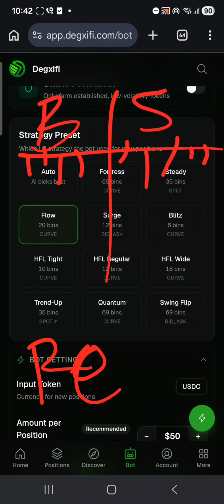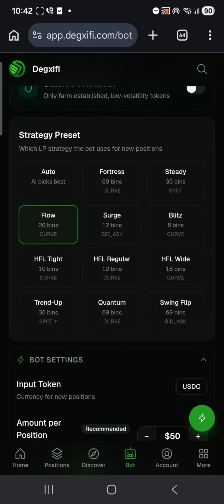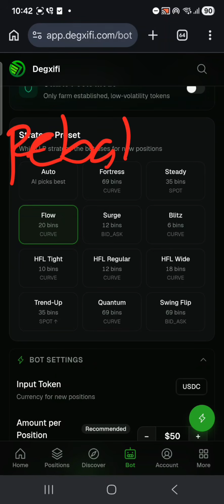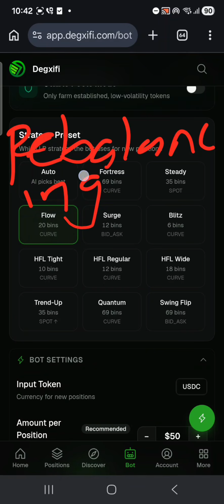Of course, people must go out of range. There is no way, even if you want to provide liquidity inside Orca, Raydium, anywhere, once it's liquidity provision and you are doing it with meme tokens or volatile tokens, there must be out of range. Even if you want to do it with SOL alone, there will be a time, depending on your bin size, you must go out of range. So what the bot does is auto rebalancing, but the infrastructure that was integrated into the